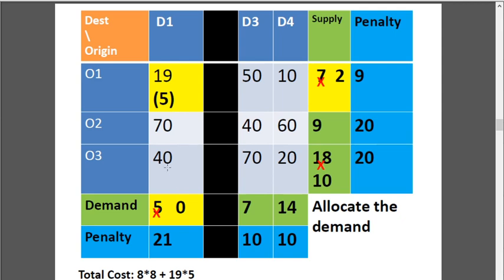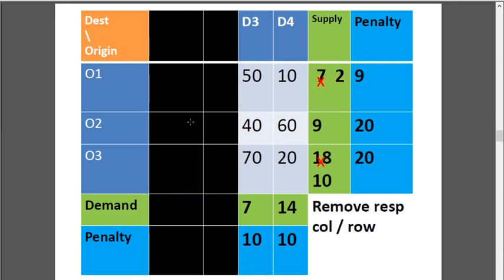So I will allocate 5 units. Supply becomes 7 minus 5 equal to 2, and the demand becomes 0. Once the demand becomes 0, I can remove this column. No need for this column, so this column goes off.